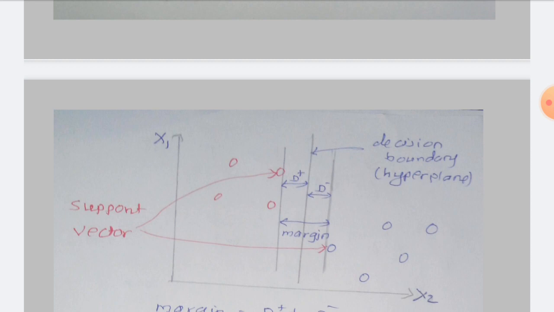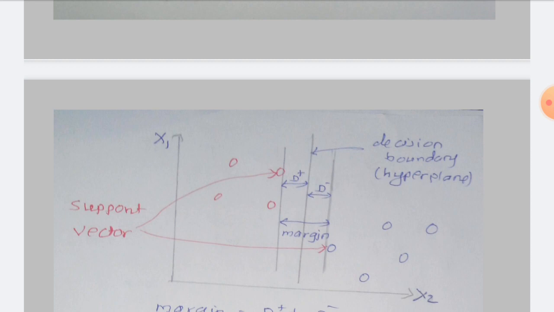Similarly, from class 2, five data points are defined there. Which data point is nearest to class 1? It is again drawn by blue pen, and these two points are nothing but support vectors. That's why the name of this method is support vector machine.